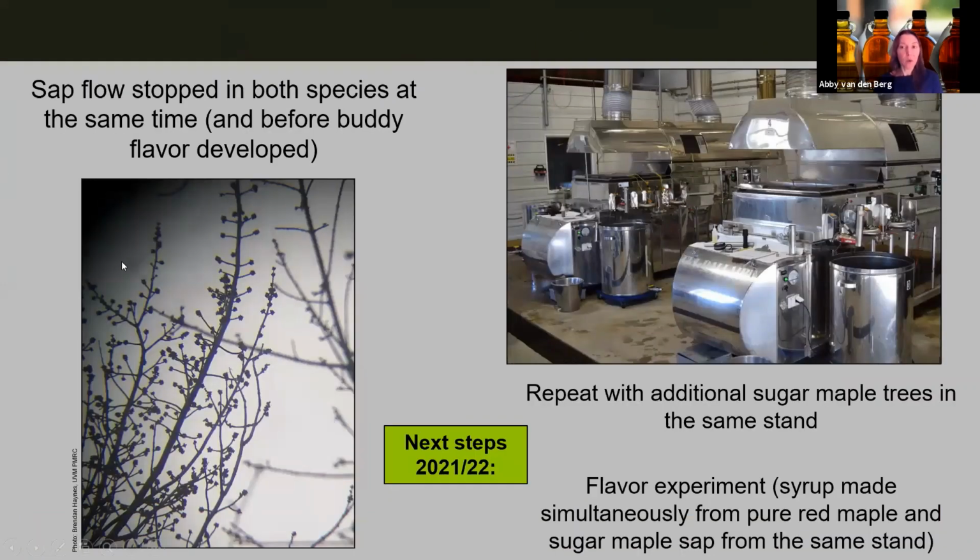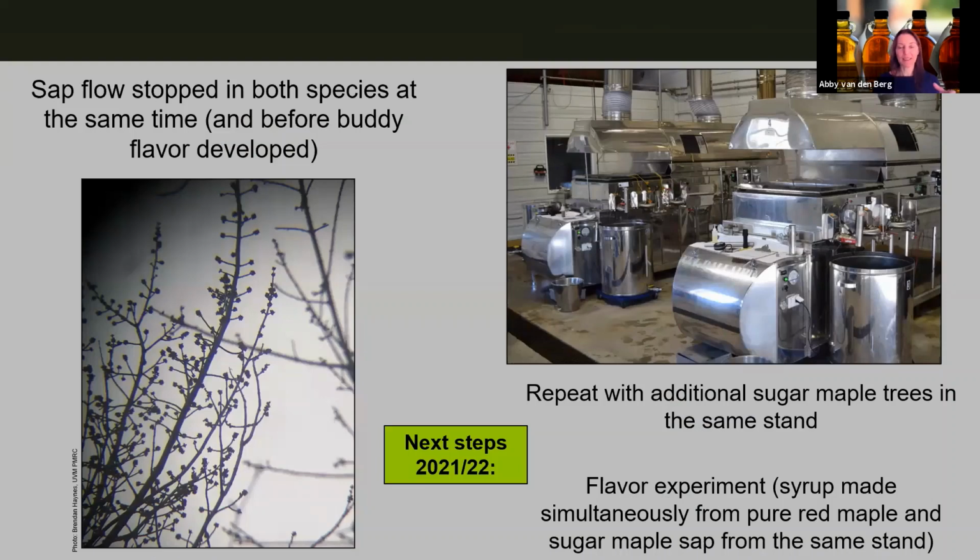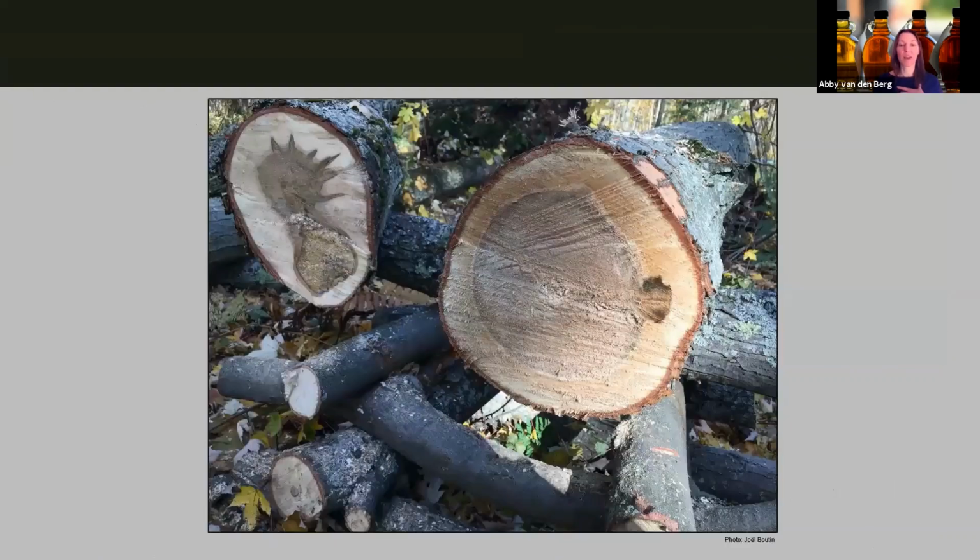And obviously the other big question that we have with red maples is, is it going to do something to flavor, or is it going to make buddy earlier, things like that. So next year I'll be doing a side-by-side syrup production experiment with all red maple sap and all sugar maple sap from the same stand, and compare the flavor of the syrup we'll make with those to make sure that, again, flavor isn't a reason not to tap red maples. So I just wanted to mention that, and maybe it's not an obvious direct line to increasing yields, but in my mind it is. For many producers, adding those red maples in is really going to be a way to increase yields. And I think I can just leave it at that